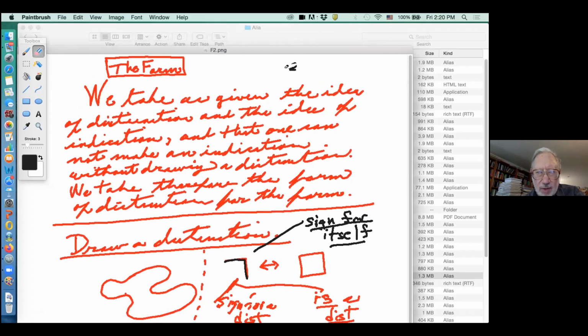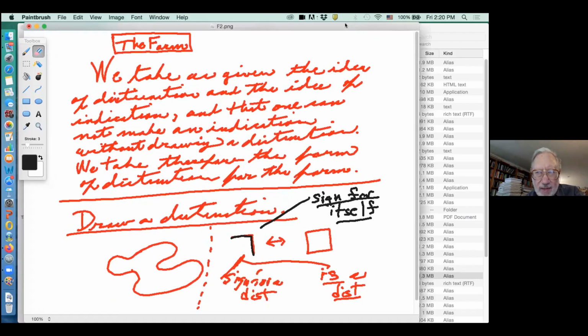What's unusual here is that this point gets easily missed. If you started from very little and you made something which could be regarded as a distinction, but it could also be regarded as a sign for distinction, and in fact, a sign for the very distinction that it makes, then sign and object have coalesced. Sign and object do coalesce in our cognition and in our way of being aware.